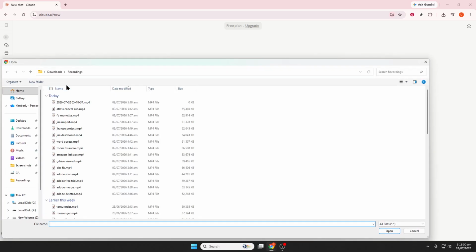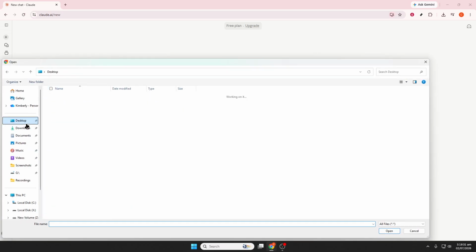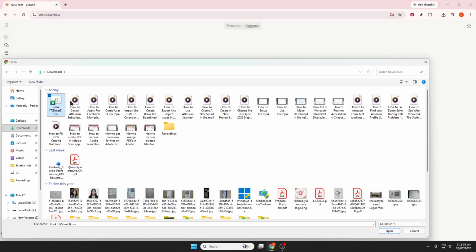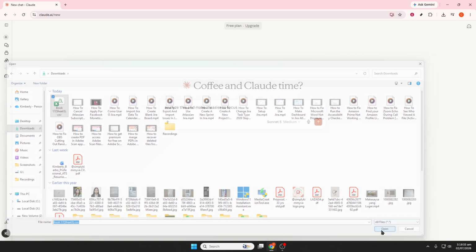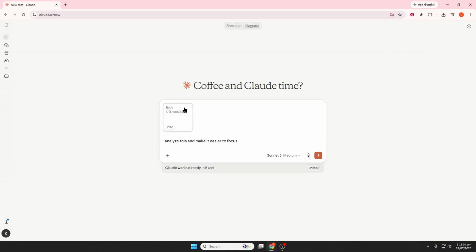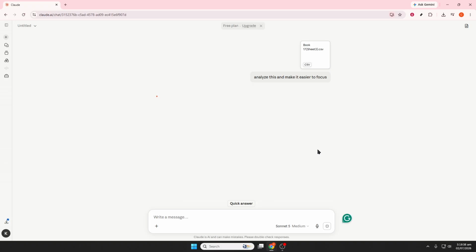Once your prompt is ready, send it by clicking send or pressing enter on your keyboard. Claude will then process the workbook and generate a response based on your instructions. Depending on the size and complexity of the spreadsheet, this may take a little time, so be patient while it works through the data. When the analysis appears, review Claude's response carefully, read through the summary, recommendations, or calculations it